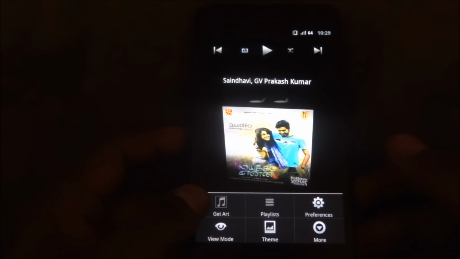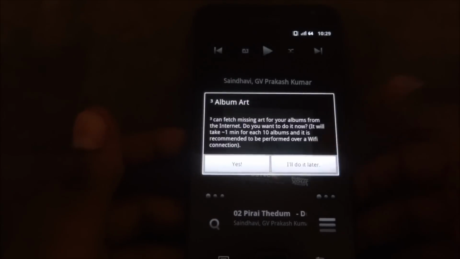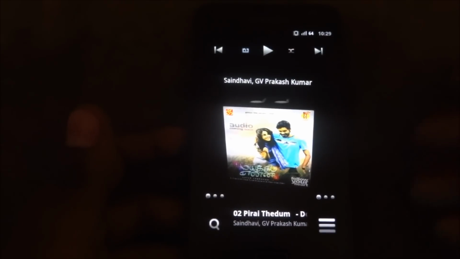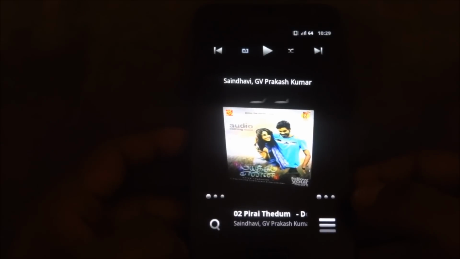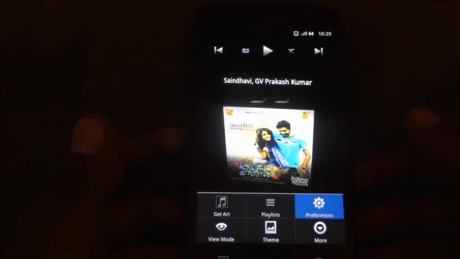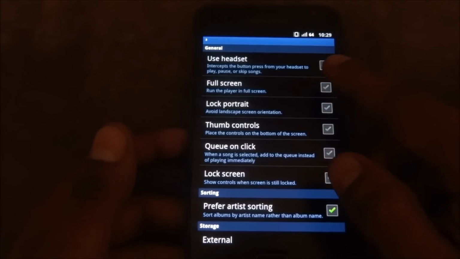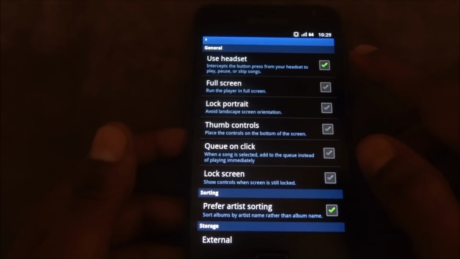One good thing about this app is that it's got a get art button that lets you actually download the cover art, and that's pretty precise even for non-English songs. Again, you get options for playlists and stuff, and under preferences you also get an option to use headset. So for those of you who actually like using AVRCP headsets,